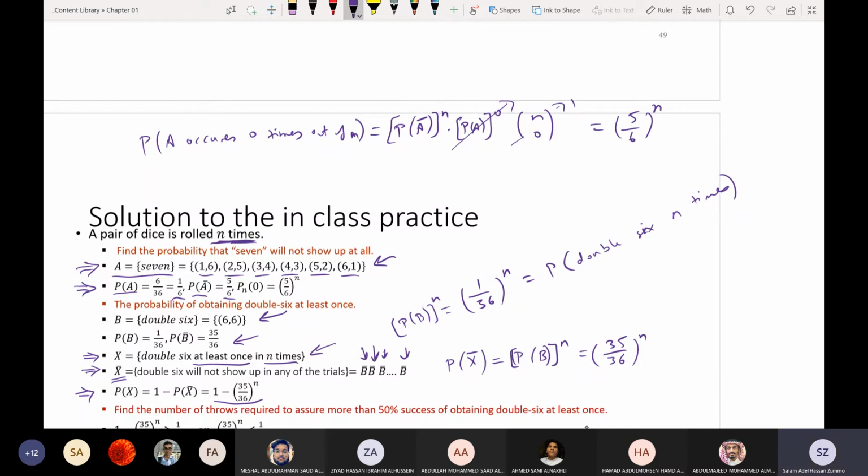يعني at least once in n times means what؟ خلينا نقول n equal 5 بس عشان السهولة نعرف نعد. ايش يعني at least once in 5 times؟ معناها مرة أو مرتين أو 3 مرات أو 4 مرات من 5 أو 5 مرات من 5. هذه اللي 1 over 36 to the power n is double 6 in 5 times اللي هي واحدة one event out of 5 events. واضح الفكرة؟ ايوه وضحت يا دكتور. تمام؟